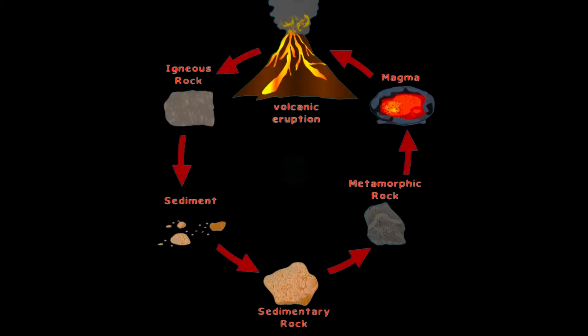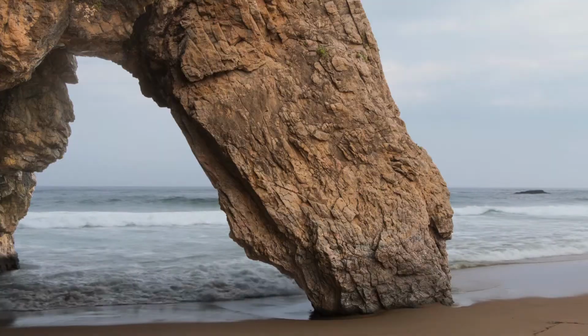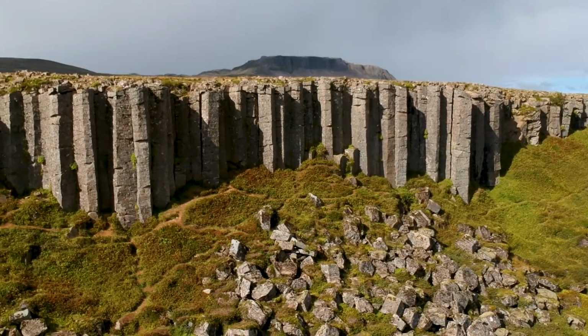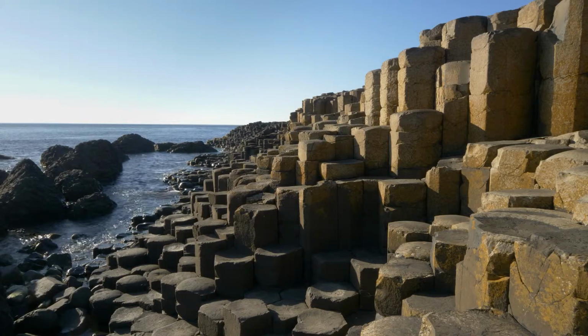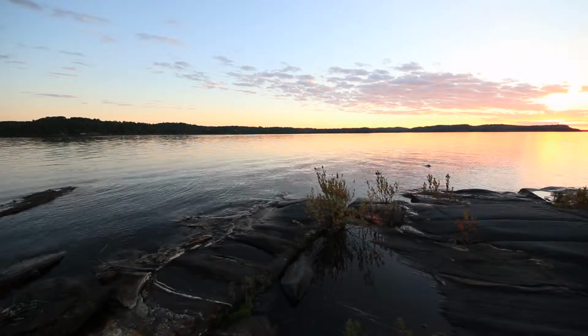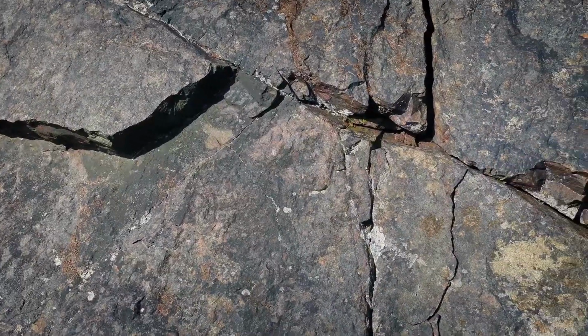From the descriptions of each type of rock, you might see how they fit into the rock cycle. Sedimentary rocks come from the weathering of all types of rock. Igneous rocks are formed when other types of rock melt and then cool. Metamorphic rocks are formed when the other types of rock are under immense heat and pressure.